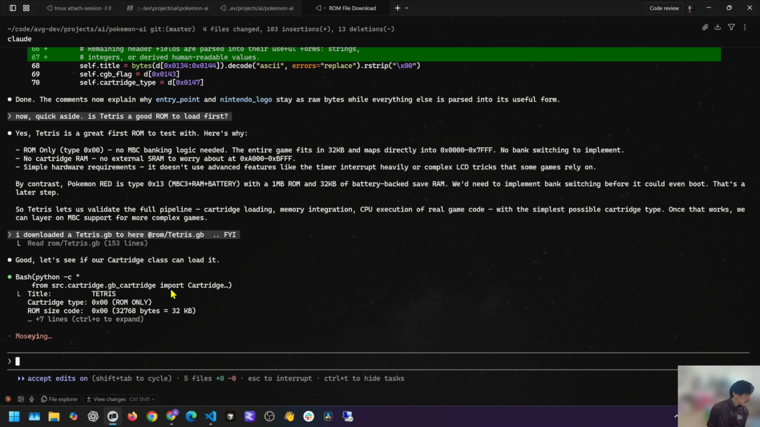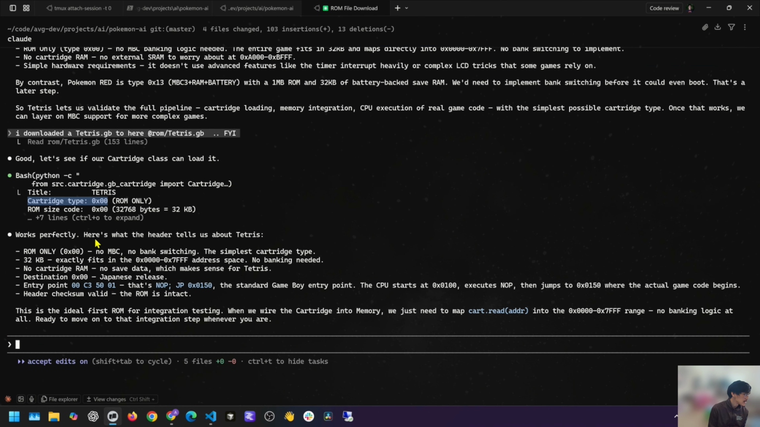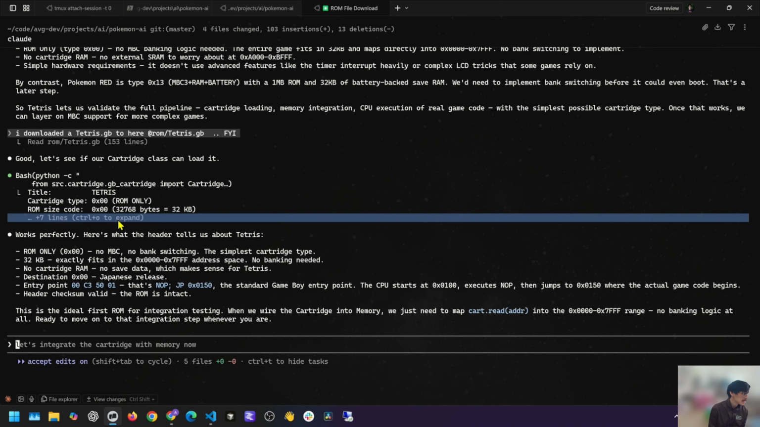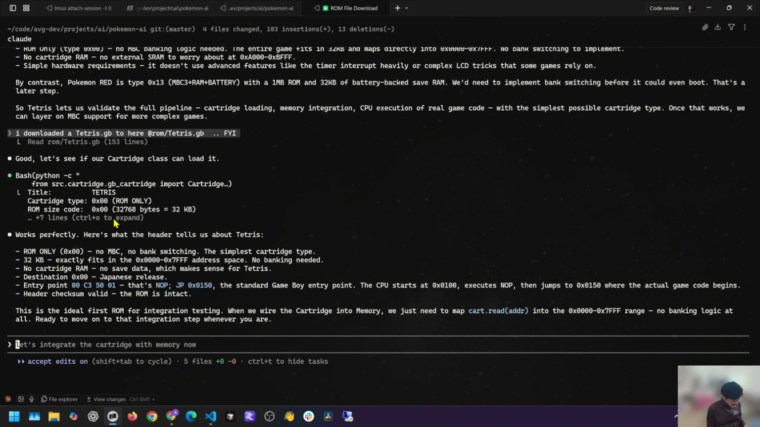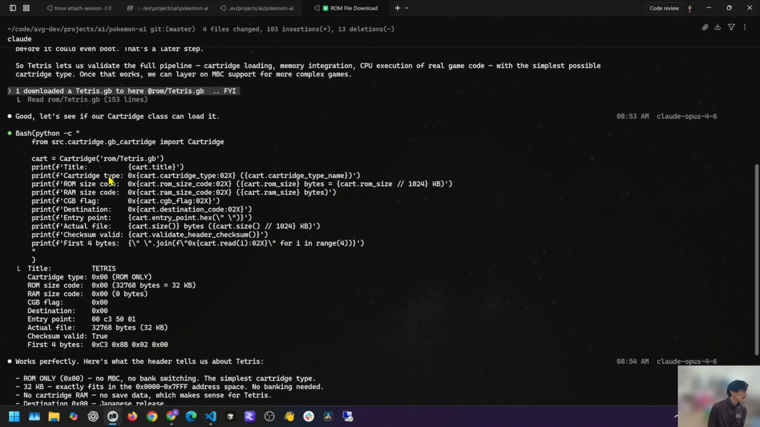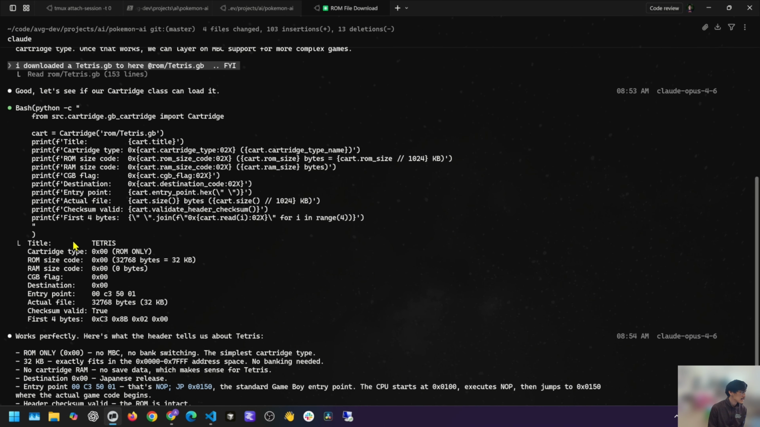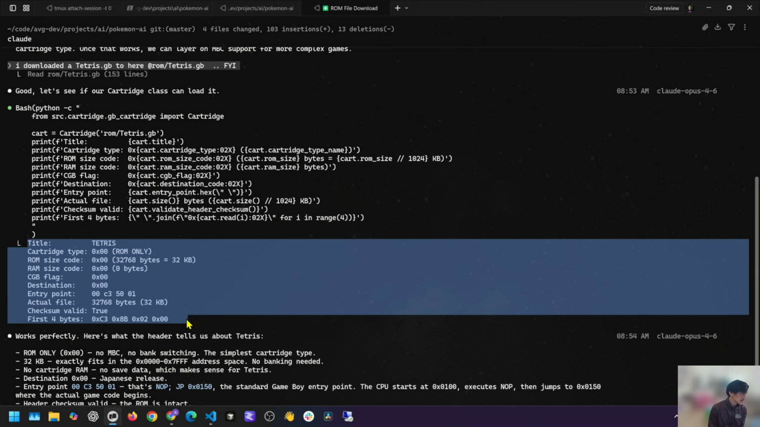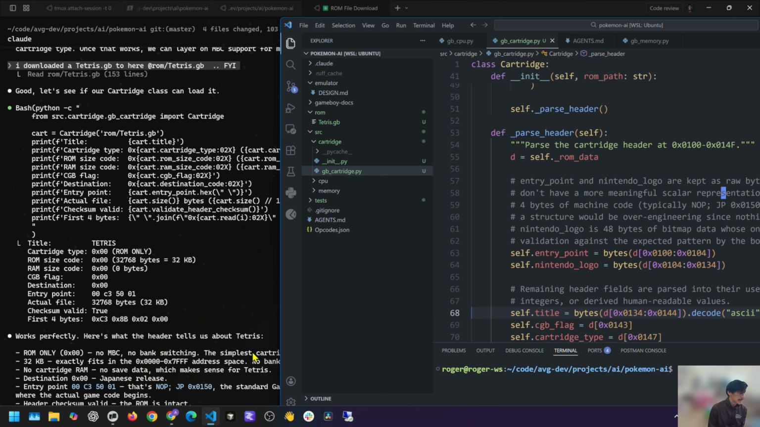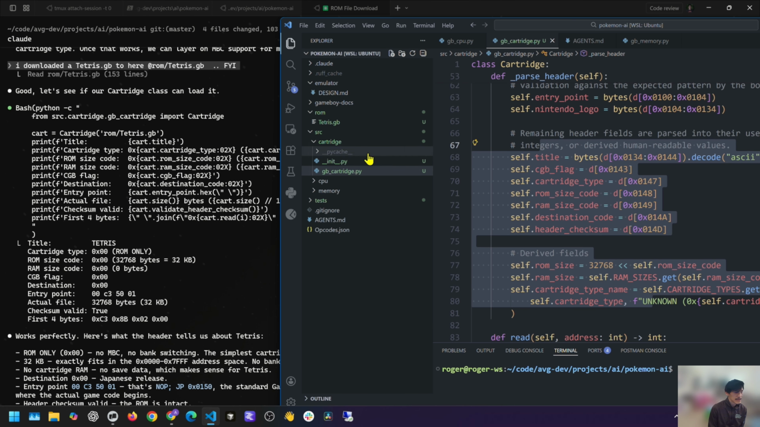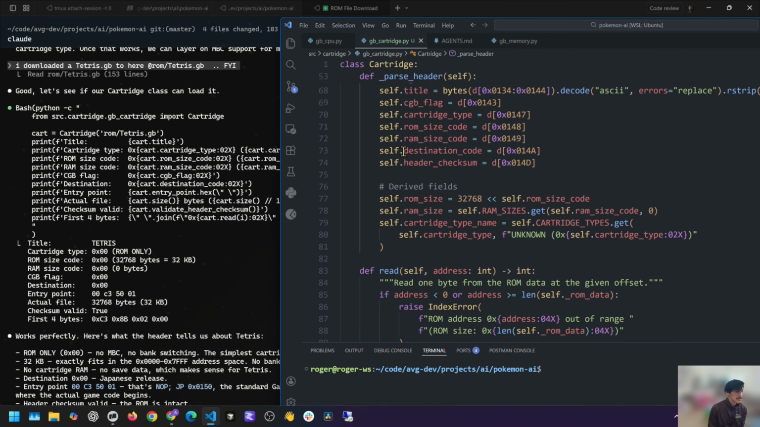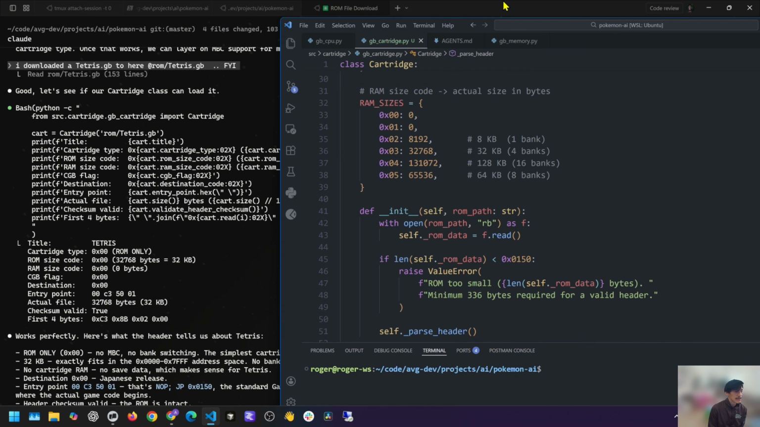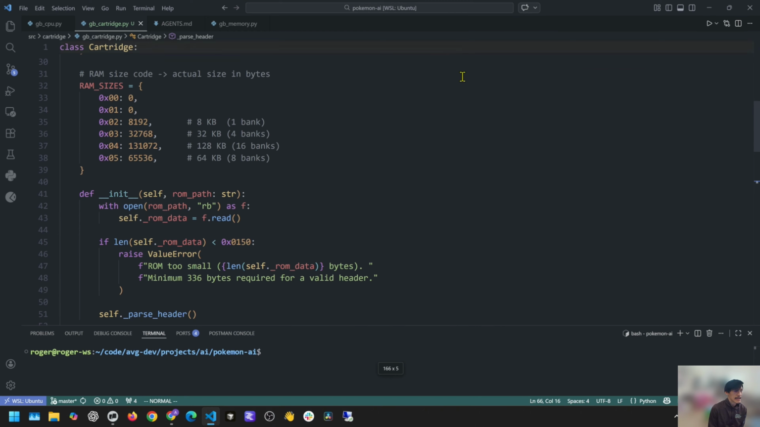So now we read the title in as Tetris, cartridge type 0x00 ROM only, ROM size code is going to be 32 kilobytes. This is actually coming off from our cartridge class. All this information here is tapped from the header, right? So if we actually did this just to play,